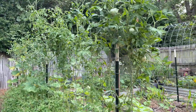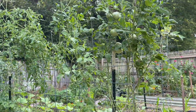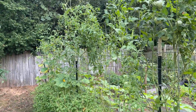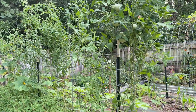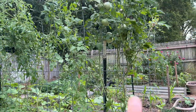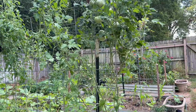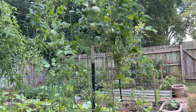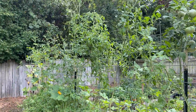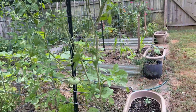Highly recommend. It's kind of more of a permanent structure, so if you are looking for something more flexible in terms of moving and changing, you might not want to go with this, but I've been very happy with it. All I have to do is basically tack the tomatoes up occasionally using either zip tie or some vegetable tape, or string, just to keep it kind of trellised upwards. So starting here at the end,